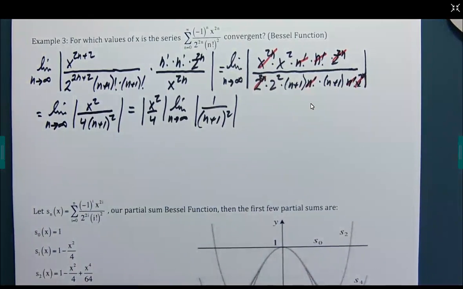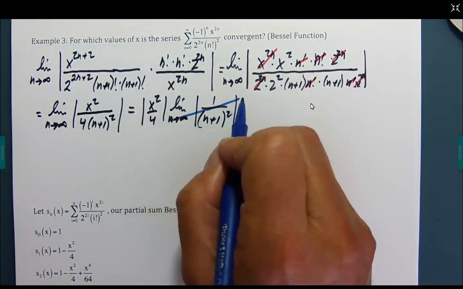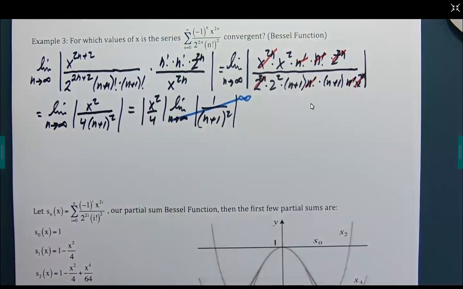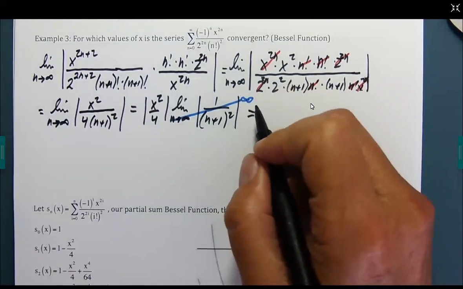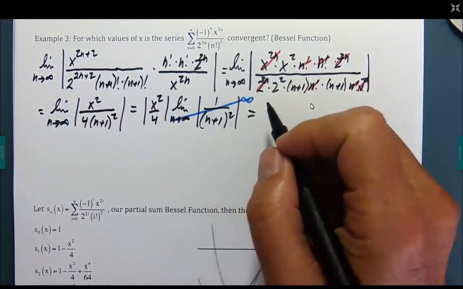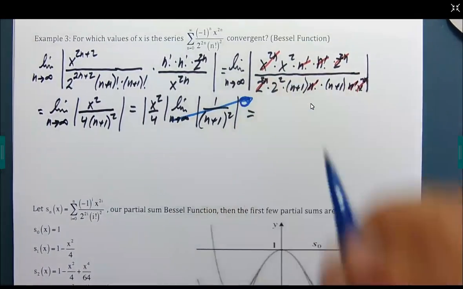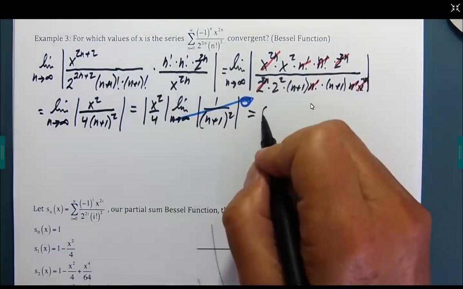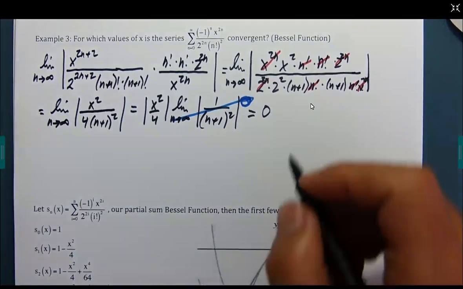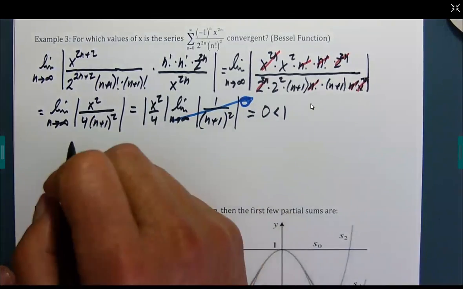We are there. And I'm hoping that you can see as n gets really large, this whole piece here goes off to infinity. And infinity times this is going to be infinity. I'm sorry, that doesn't go to infinity, that goes to 0. The denominator goes to infinity. So that goes to 0. And 0 times who cares is going to be 0. Here's the cool thing about this one. This will always be less than 1. So in this case,